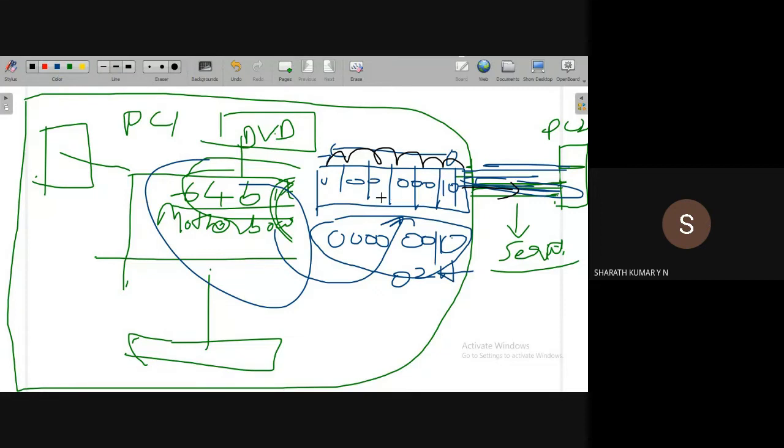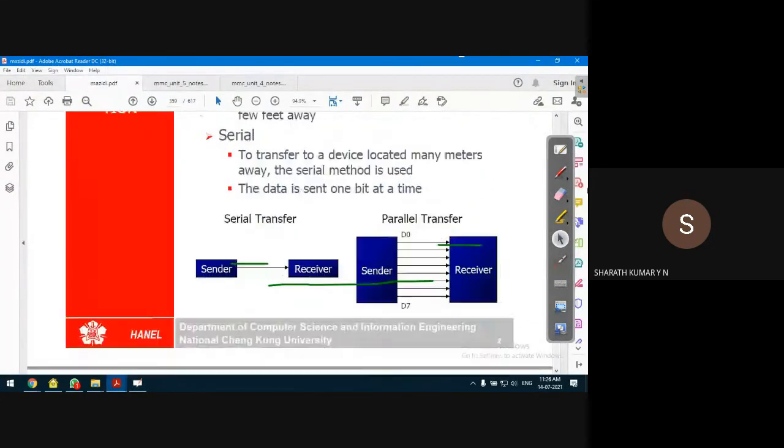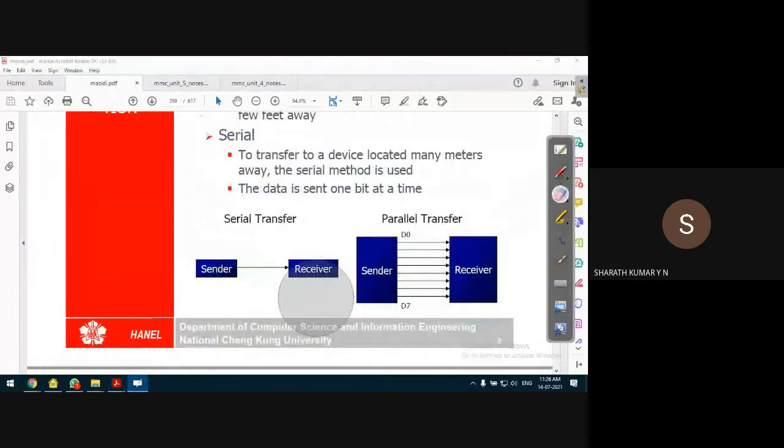And the data are shifted in the shift register in a particular direction, either from MSB to LSB or LSB to MSB. Now, what are the advantages of parallel register and parallel communication, and what is known as serial communication, that we have to discuss. Okay? So that's the basics of serial communication. So there is a simple diagram to indicate